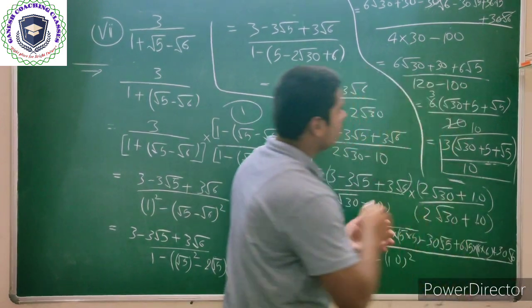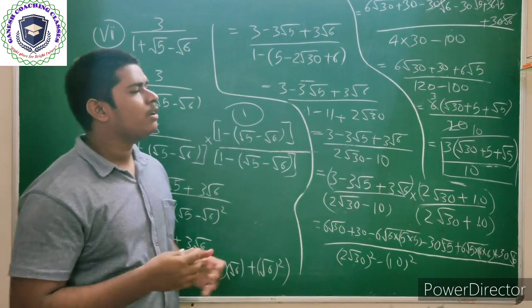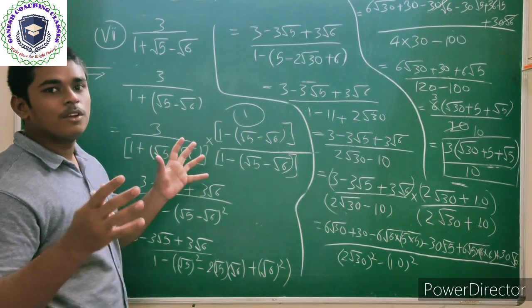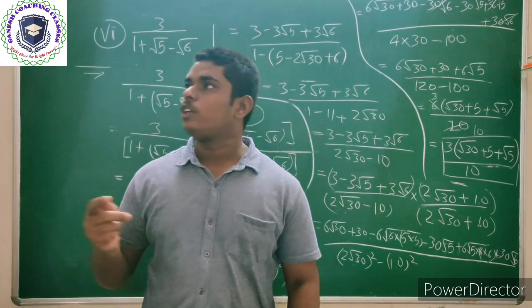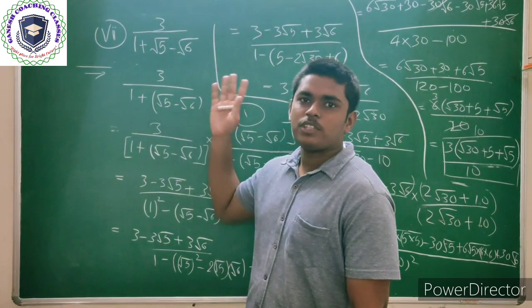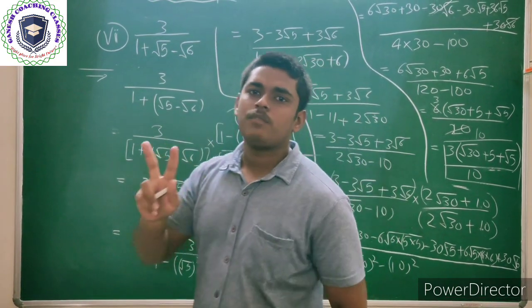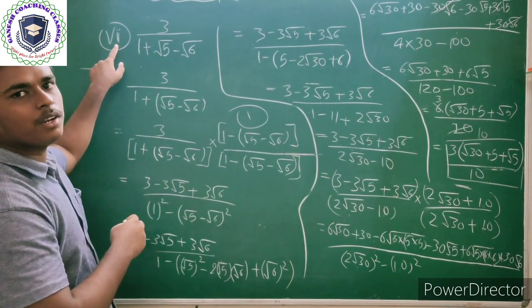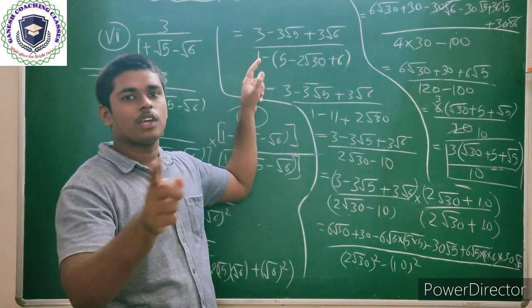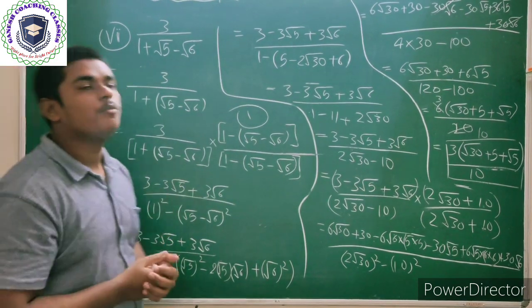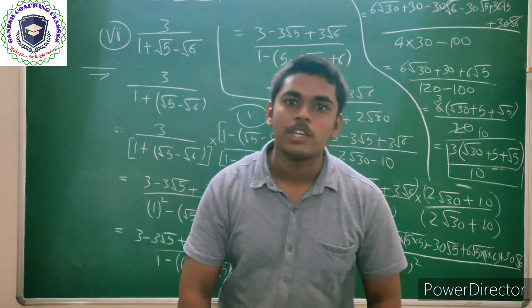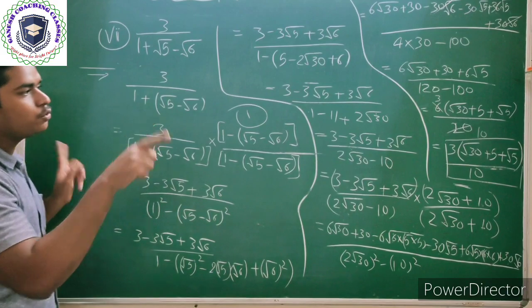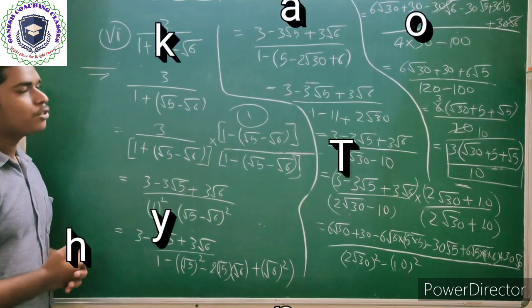This was a very lengthy sum. This type of question is not going to be asked in the examination. Okay, but we have to learn this type of question for our extra knowledge. Okay, so here we have completed a hard question of this test paper. Okay, we left two questions, that is after this question, question number 8, which is the same as question 6. Okay, and the last question of this practice set, that was question 9. Question 9 is totally the same as question number 7. Okay, you have to solve these questions twice. Okay, so thank you for today.